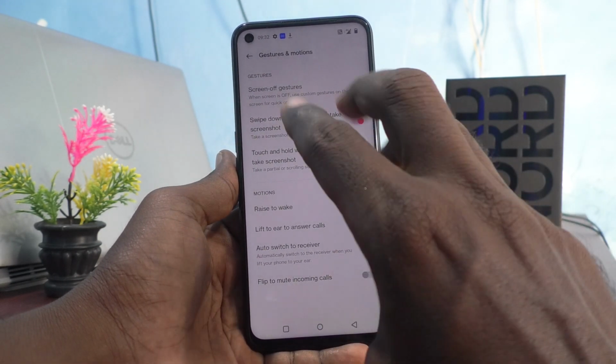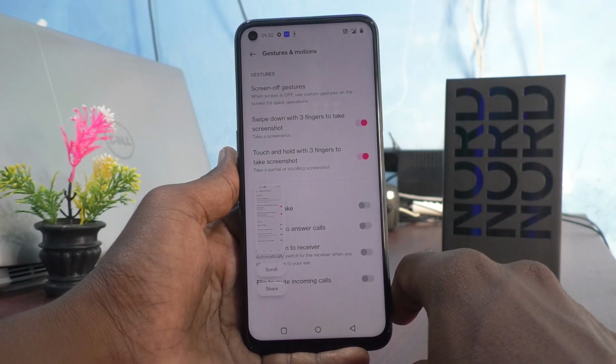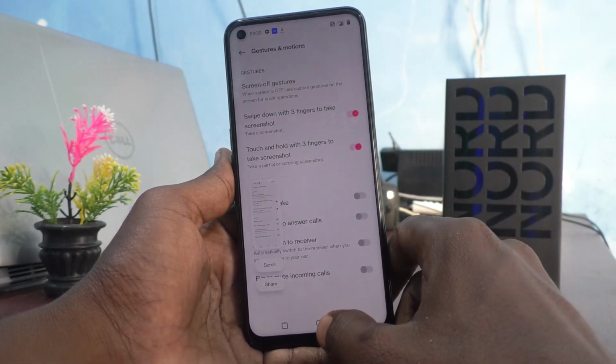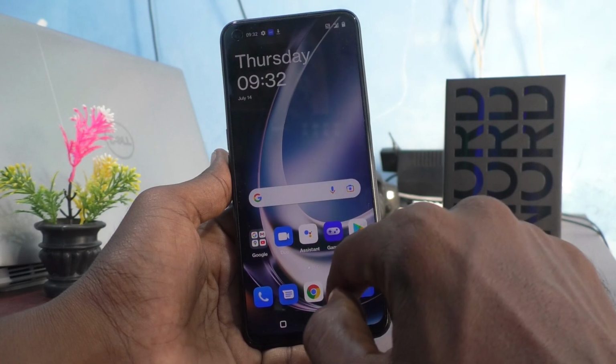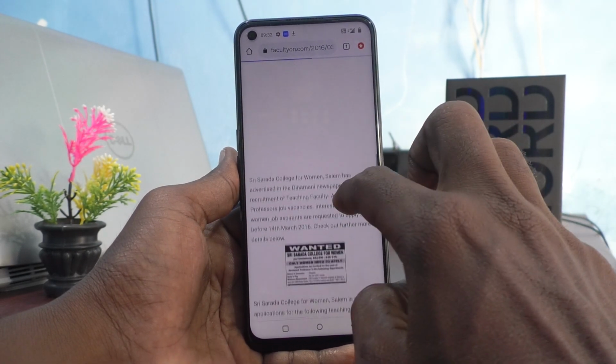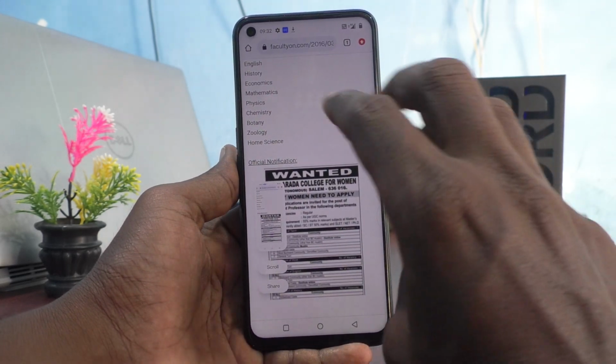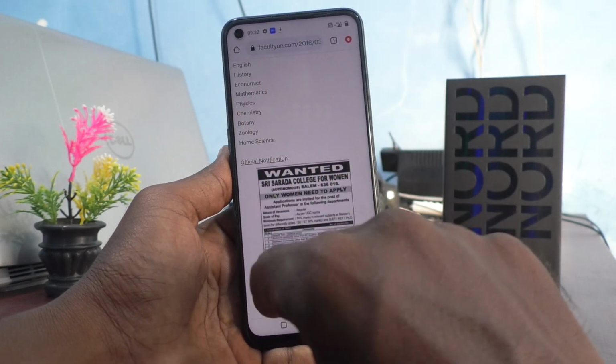Now try with 3 fingers. Yes, 3 fingers swiping down is taking screenshot now. I take using different screens. Yes, it's working. So you have to enable 3 fingers swiping down